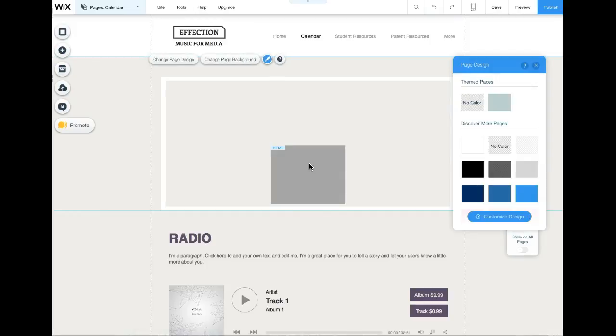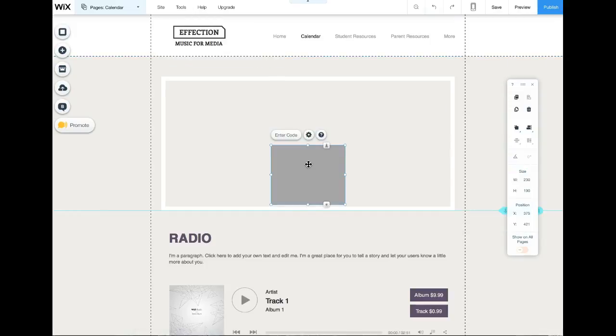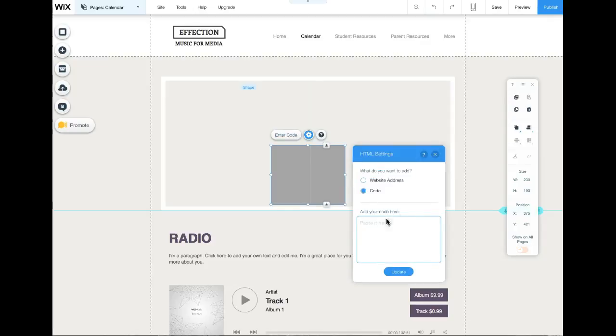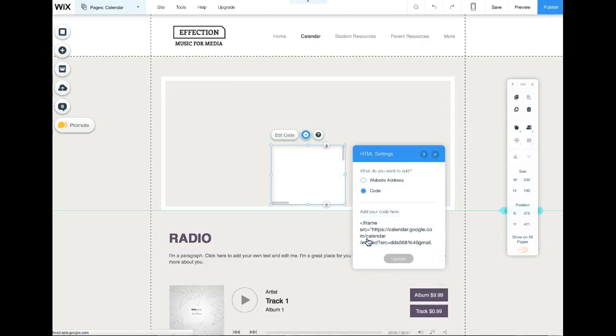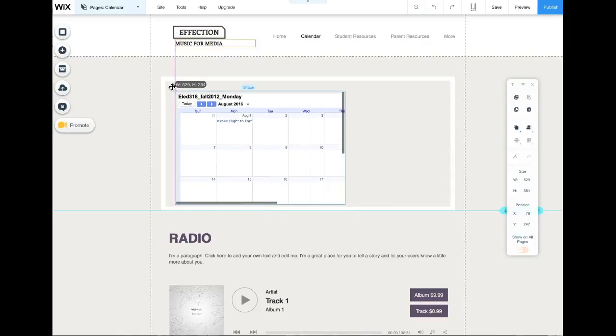And now this gray box appears. So I select it. This little message appears, enter code. Select. Add your code here. Now I can do Command V or Control V. That'll paste it. Select update. And now my calendar is embedded. And all I have to do is just drag it